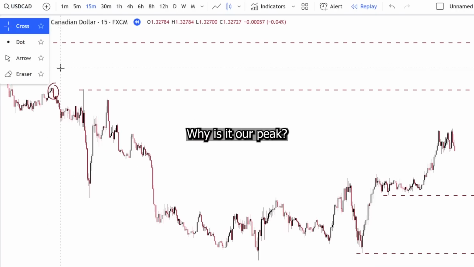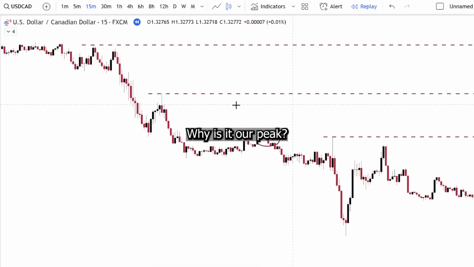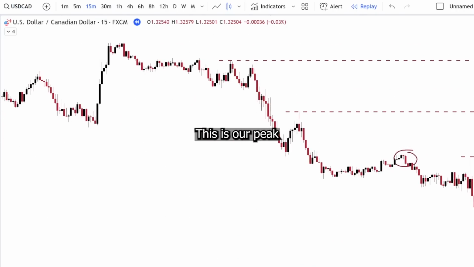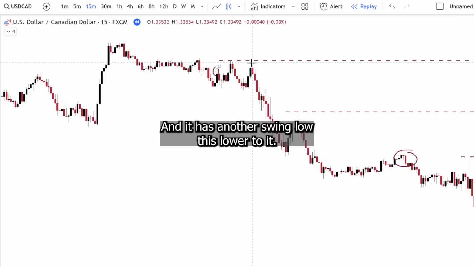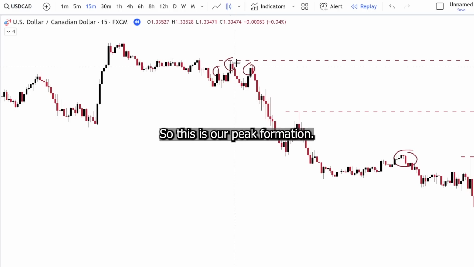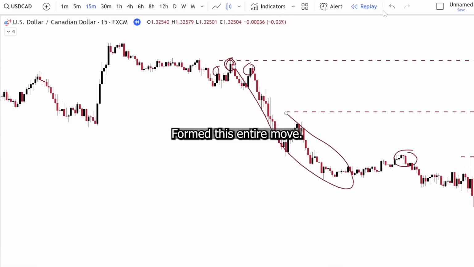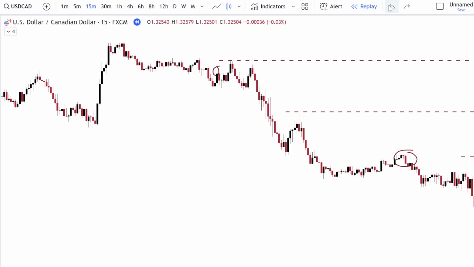Why is it our peak? This is our peak because it has a swing high next to it that's lower than it, and it has another swing low that's lower to it. So this is our peak formation. And this swing right here formed this entire move. Now that we have our liquidity levels,